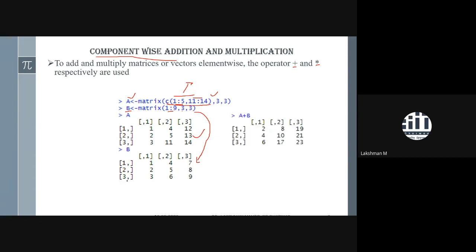Now if you are willing to add these two matrices, then component-wise addition will happen. And I had already mentioned that unless you mention here a logical operator that you are willing to enter the entries row wise, it will not happen. Otherwise, by default, this matrix is already our defined command. So due to this, entries will enter column wise. So first this entry will come. You can observe that here.